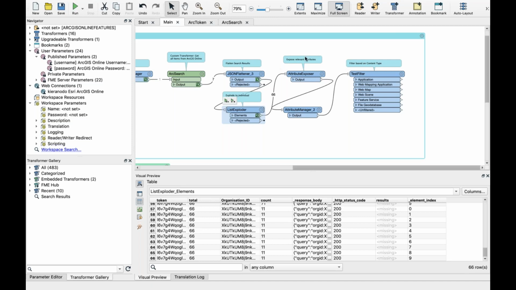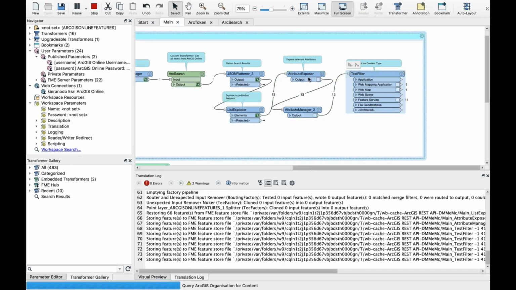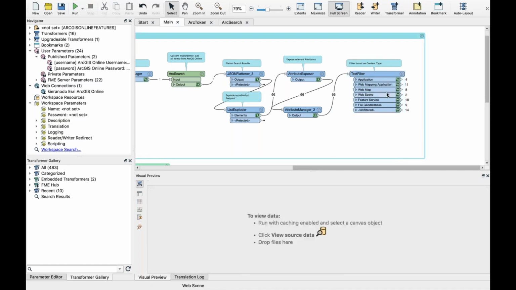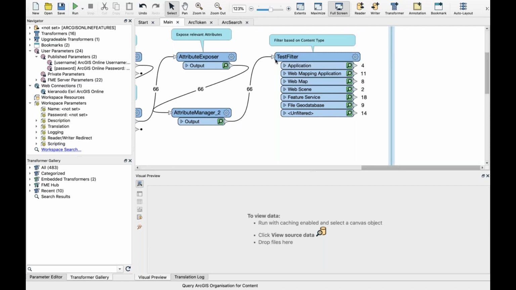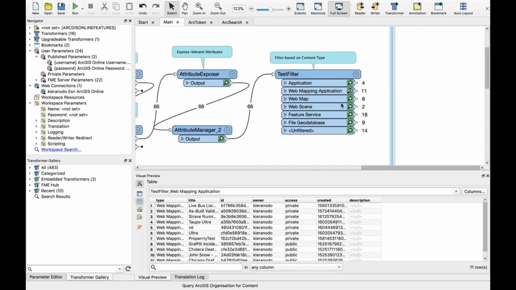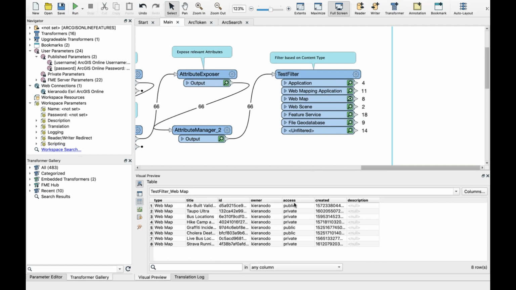Now, the next few steps is just a little bit of cleaning up. I haven't fully seen this through because it's not an exact use case which I have a client using or anything like that, but what you can arrive at by then exposing attributes, and I've just shown, for example, doing a test filter, you can see I've actually built up the catalog and filtered based on the different types of content I have in this organization. You can see I've got 4 applications, 11 web mapping applications, 8 web maps, all those sorts of things. I haven't exposed all of the attributes. I've just pulled a couple which I thought